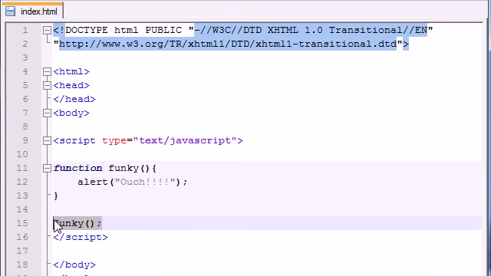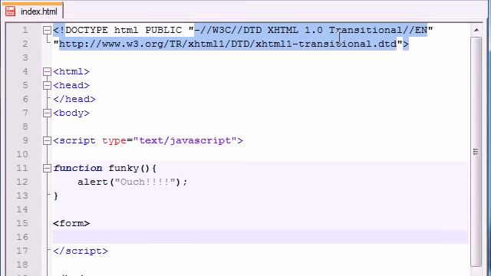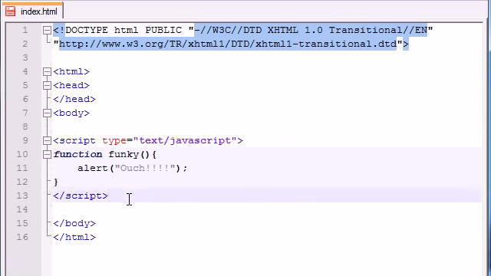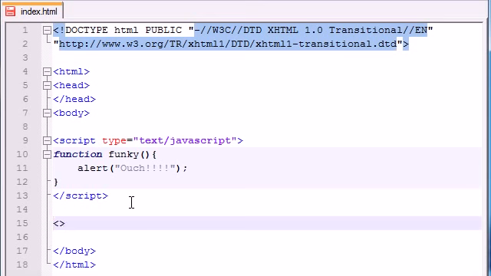So let's go ahead, instead of just calling it right away, like right then, let's go ahead and add a form on our page, because if we add a form, we can go ahead and add buttons. So actually we need to do that outside the JavaScript. Since it isn't actually part of JavaScript, it's actually part of XHTML. So go ahead and add a form